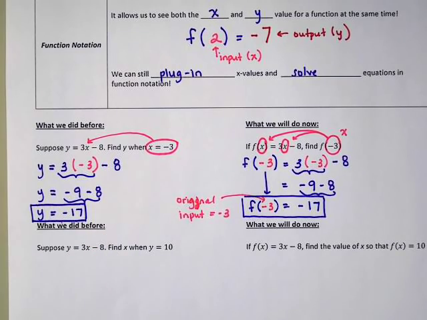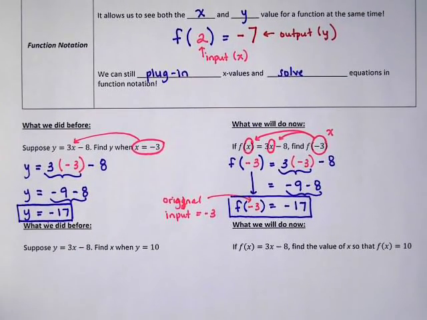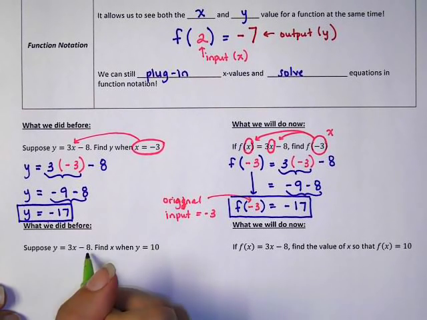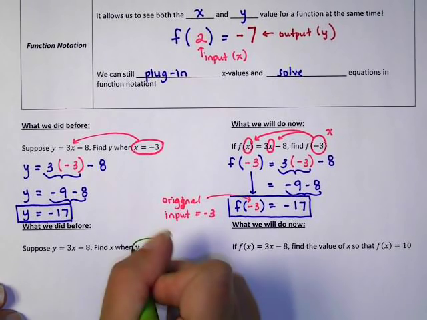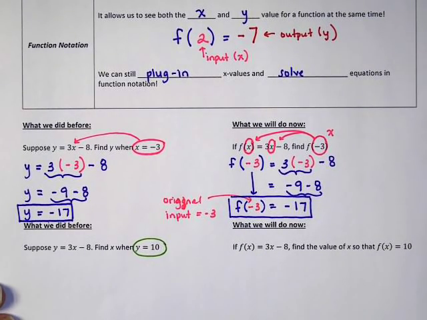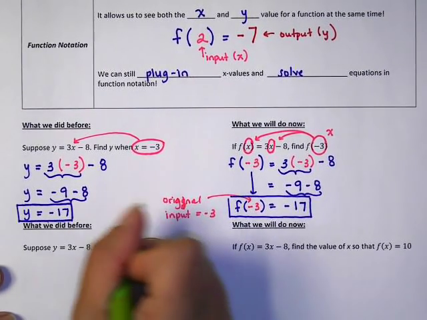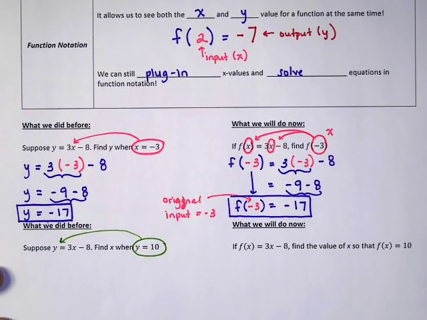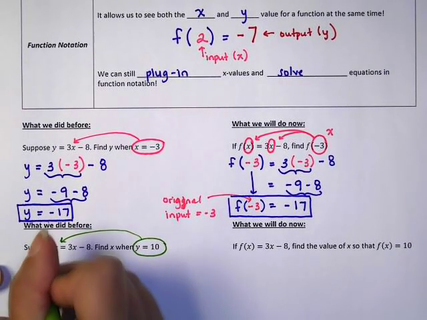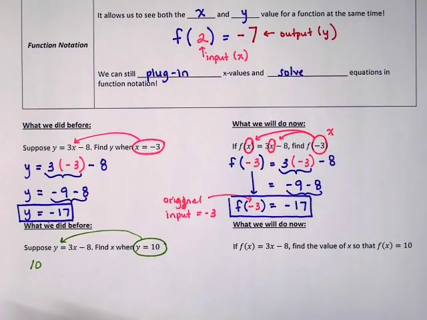Now, in a similar way, we can do the same thing with y. So suppose that you know that your y value is equal to 3x minus 8. Find the x when the y value is 10. This time we would take this 10 and replace the y. So we would have 10 equals